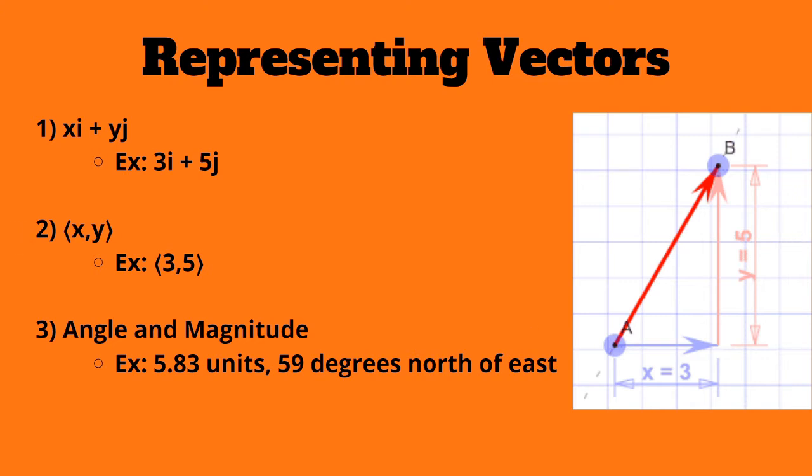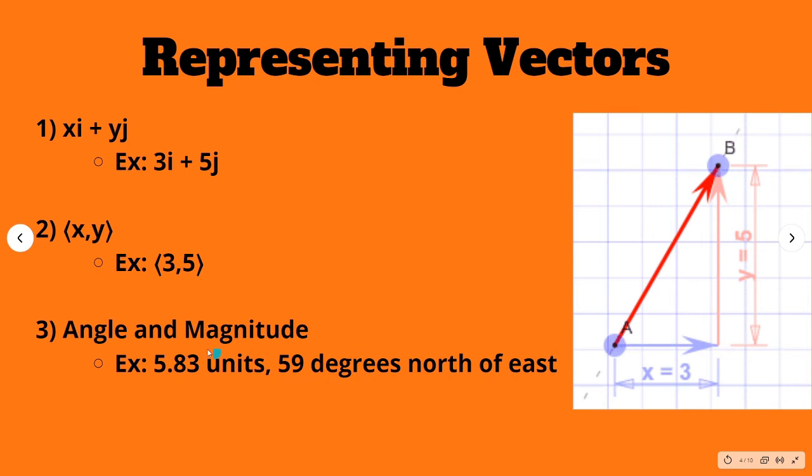So in this case, if you know the total magnitude is 5.83 units, you can use sine and cosine to figure out what the magnitude is for the x component and the y component. So here, if you know the angle between the horizontal and the vector's direction is 59 degrees, you can use cosine of 59 degrees in this case would be